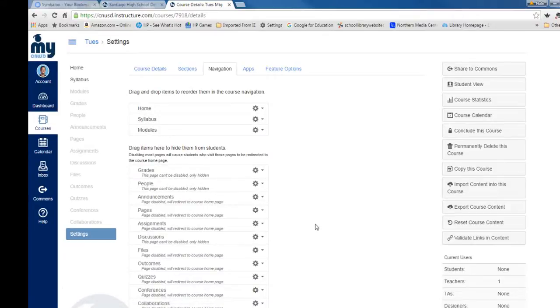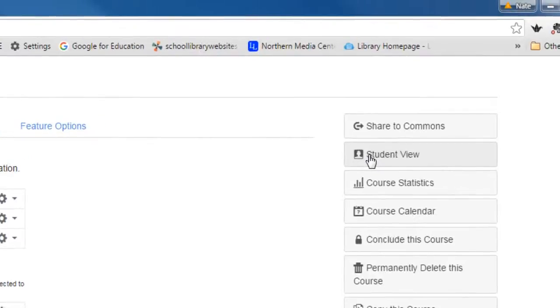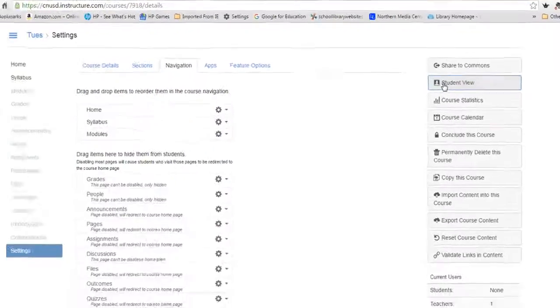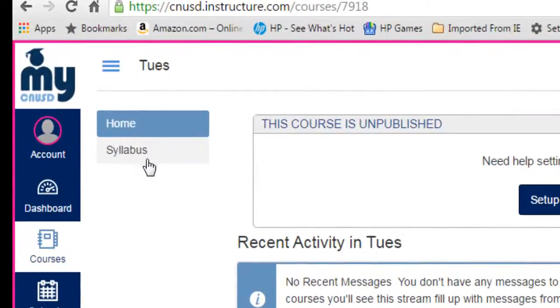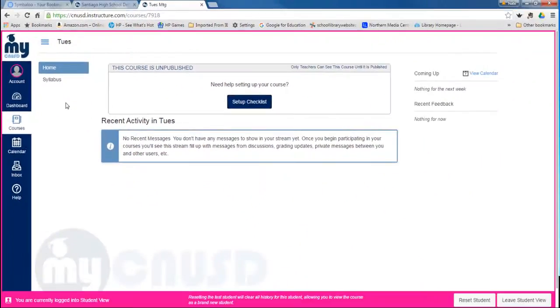Now, off to the right, you'll see something that says Student View. And here's another nice thing that Canvas does. If you click on Student View, it will show you what your students will see when they log on to your Canvas web page. So you'll notice we've gotten rid of all those extra items, so just the basics are on there. You may be asking what happened to modules. Well, we haven't created the modules yet, so it's not appearing. That's a benefit of Canvas, that it can make things very simple if that's the way you'd like it. Once we'd like to go back to the teacher view, you're just going to click on Leave Student View,